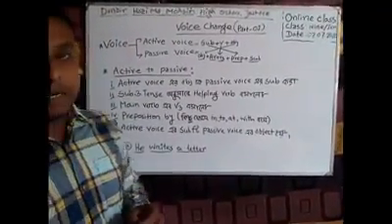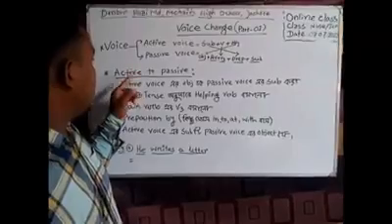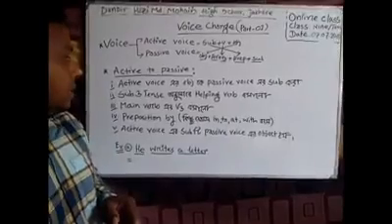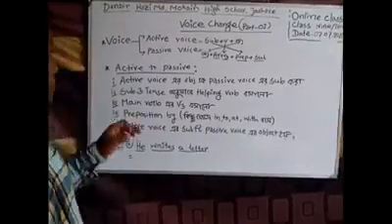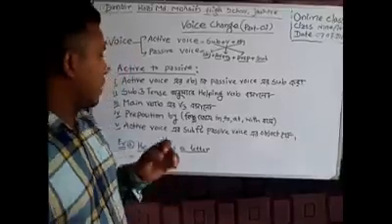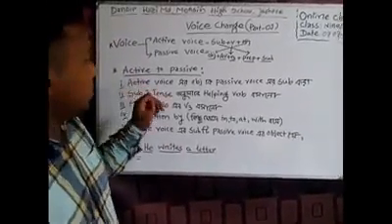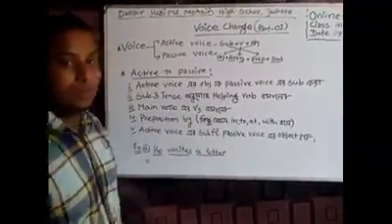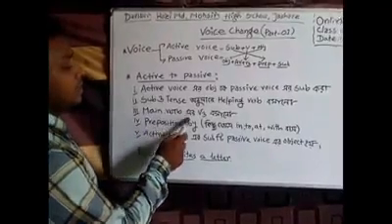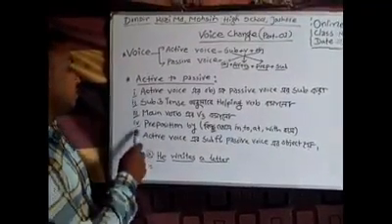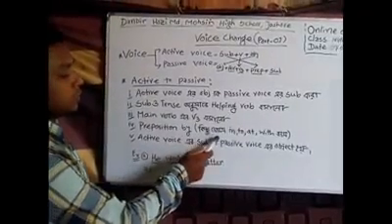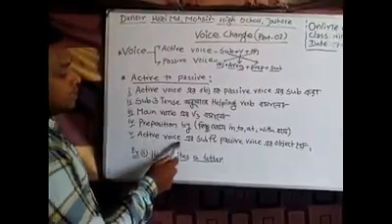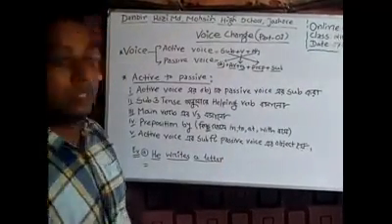So I am here to show you how to change active to passive voice. Students should follow the 5 steps serially to make an active sentence into a passive sentence. The first thing is that active voice এর object কে subject করা. Number 2, subject ও tense অনুসারে helping verb বসানো. Number 3, main verb এর V3 বসানো. Number 4, preposition by, কিছু কিছু ক্ষেত্রে in, to, at, with বসে. Number 5, active voice এর সাবজেক্ট, প্যাসিভ ভয়েস এর অবজেক্ট হয়।